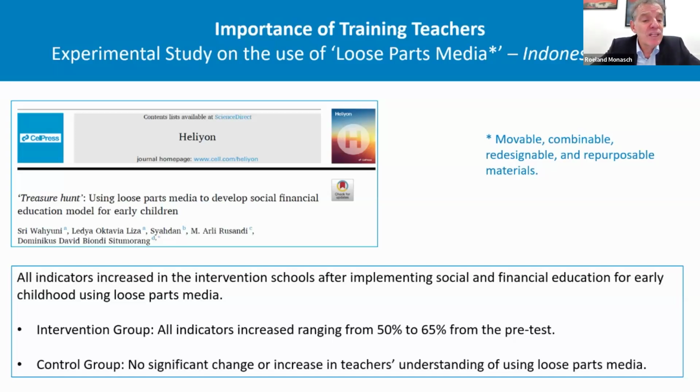And the teachers which did not go through the training were not improving in teaching the children. There was observation by pedagogy experts in the room on how the teachers were interacting with the children. And they saw that there was a significant increase, ranging from 50 to 65% compared to before the intervention. The teachers and the kids were much better interacting with each other, and as a result of that, the children were learning better.